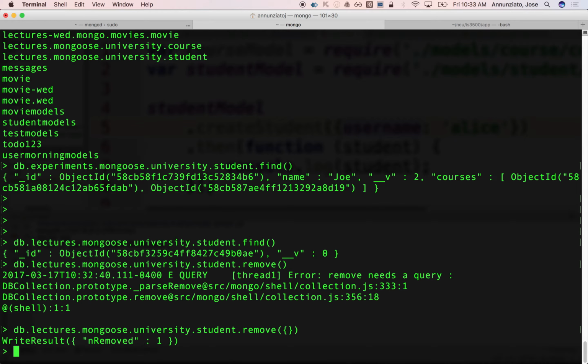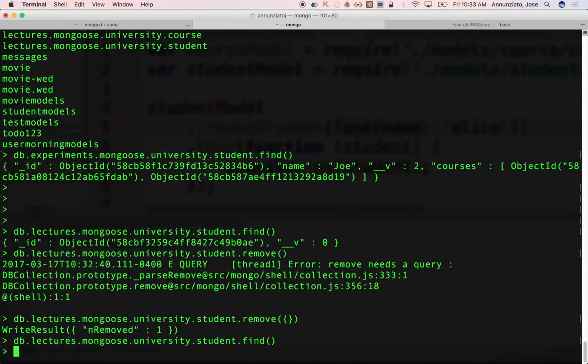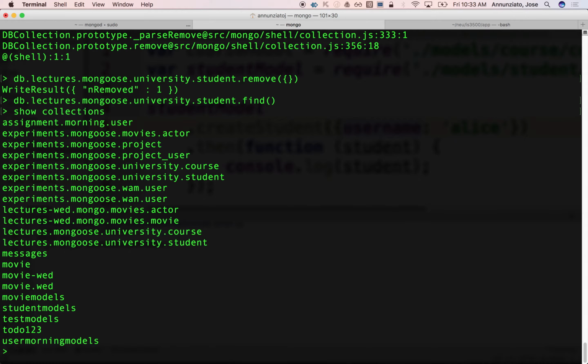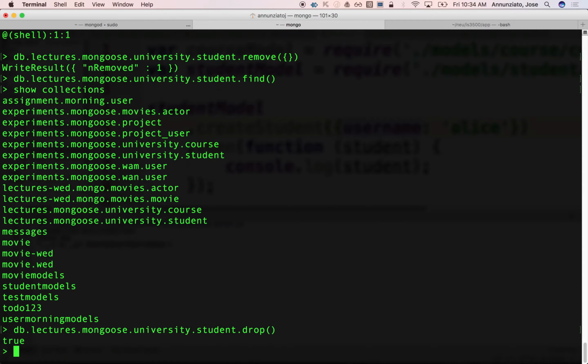Make sense? All right. If I do a find, notice that it's empty. It doesn't come back with anything. But the collection's still there. If I say show collections, lectures, there it is. The collection's still there. If I want to completely remove the collection, I can say db.students, then drop. Very much like you would do in a relational database if you want to drop an entire table. You can say drop the table. So same thing here. You say the collection, .drop,